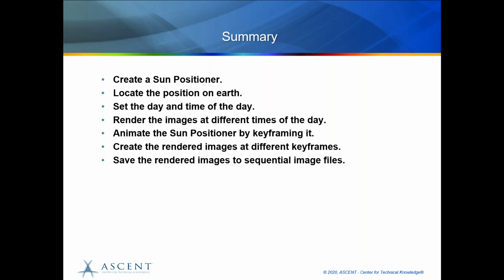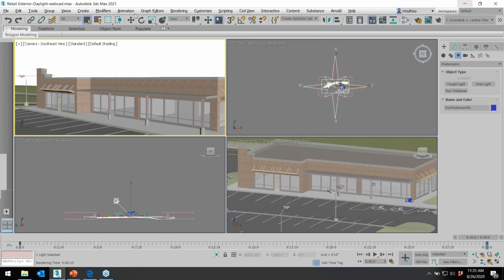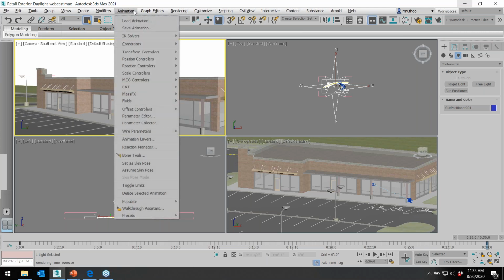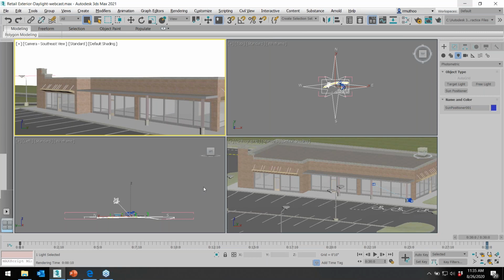So that's about it. If you want to, I'll just go back in and quickly show you that you can create a film also of all those image files continuously. Once all the image files are created, if you want to create a movie out of that, all you have to do is go into animation, rendering, and go here, compare media in a ramp layer. Once you open that,